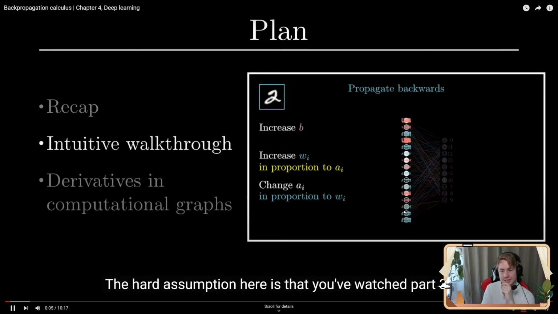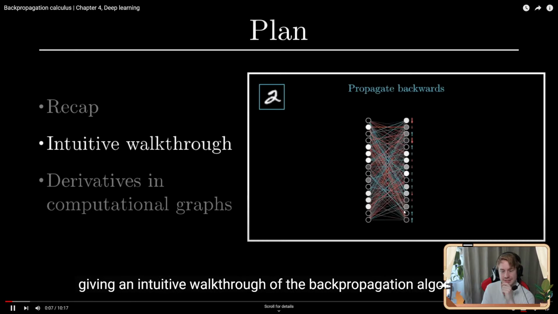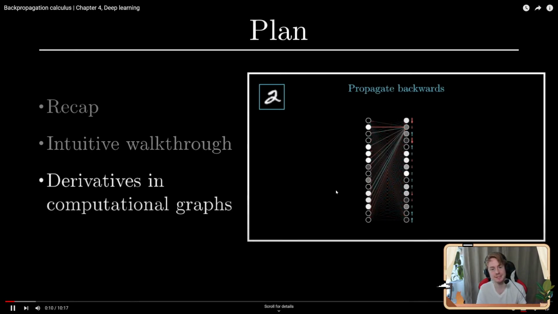The hard assumption here is that you've watched part 3, giving an intuitive walkthrough of the backpropagation algorithm. Here, we get a